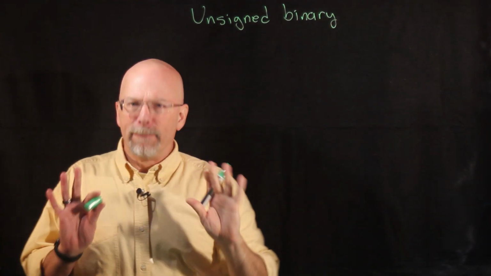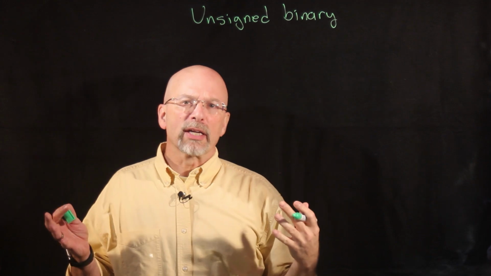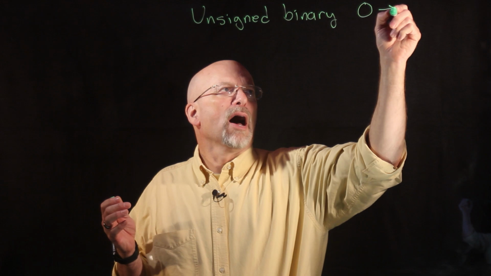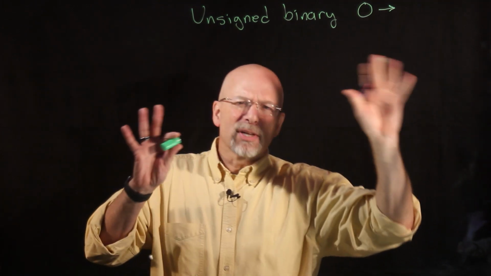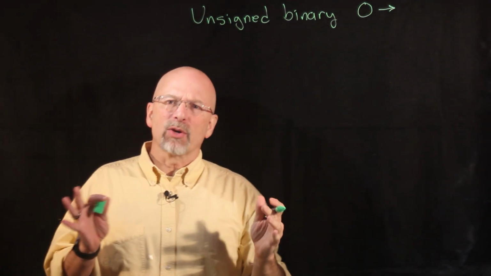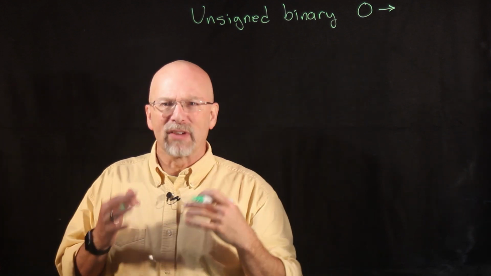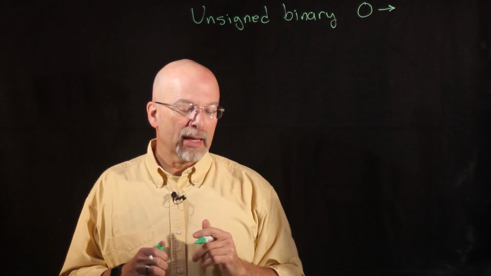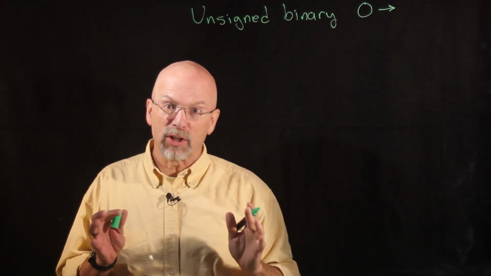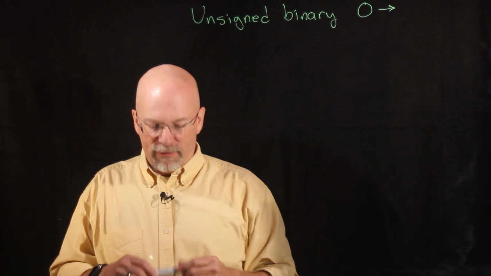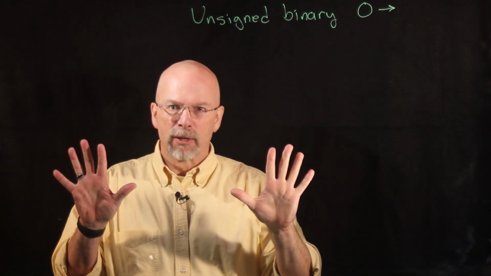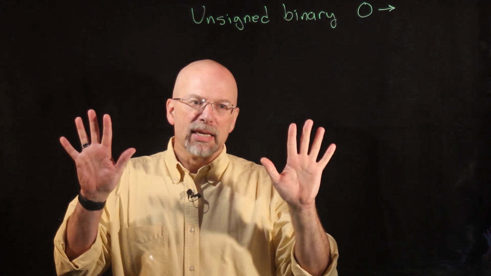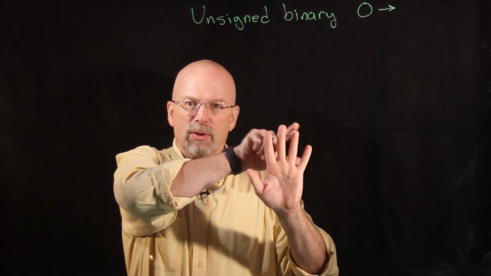Unsigned binary basically means we are using transistors to represent values from 0 up to some value. And that's based on the number of transistors that we've got assigned to represent this particular value. And there's a pretty easy way to convert it. We talked a little bit before about how if you've got, for example, 10 digits, the highest value we can represent with these 10 bits is, well, this was the 2 to the 0, 2 to the 1,